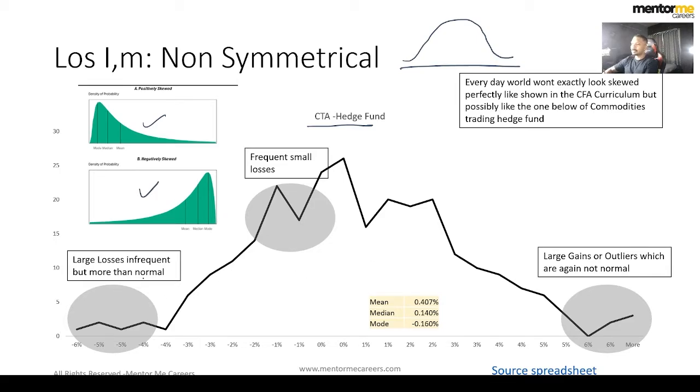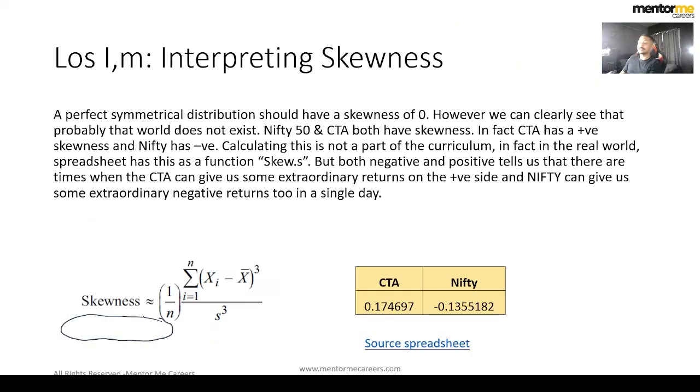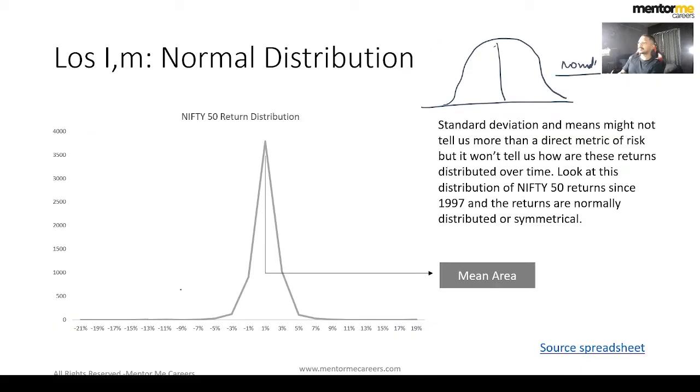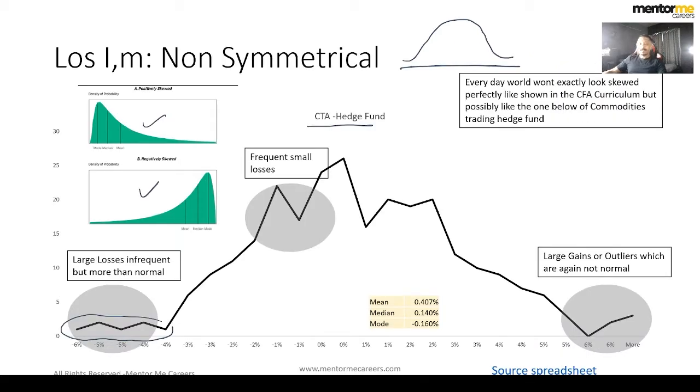But something to watch out for is the specific structure of the distribution. You'll see that there are some significant negative values out here, and there are some bumps out here, which you can also call frequent smaller losses, and then you have these outlier big events happening. That does not really happen with the Nifty 50 equity distribution, right? So all you're trying to understand is that the data can either be tilted towards the left, as you can see here, or it can be tilted to the right, which means it has frequent higher outlier events, right?